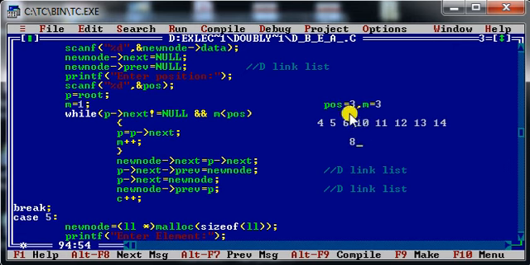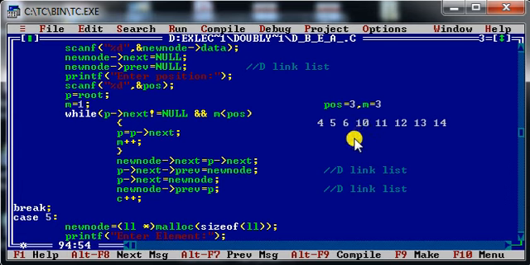So I am storing the address of element number 10 into the next part of element number 8 by writing this statement, new node of next. That is, new node of next means this part, we are creating this link from 8 to 10.